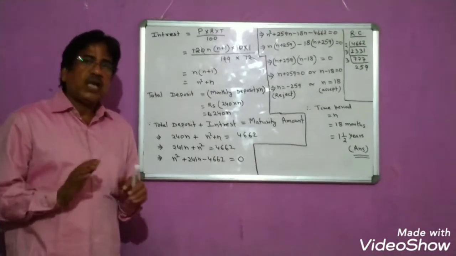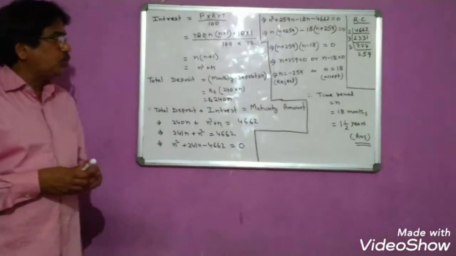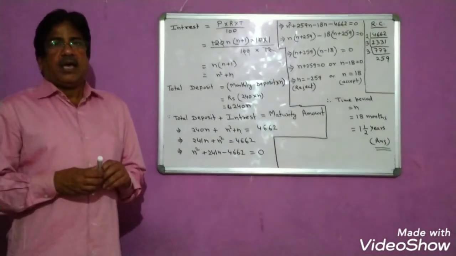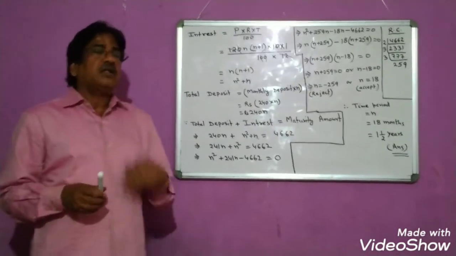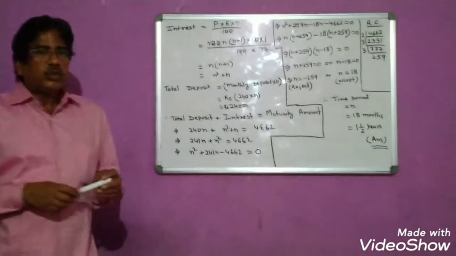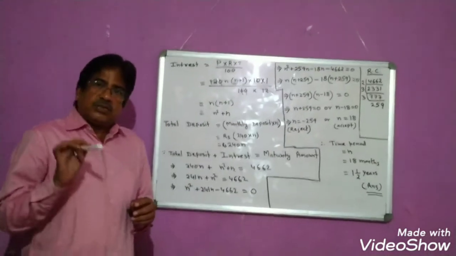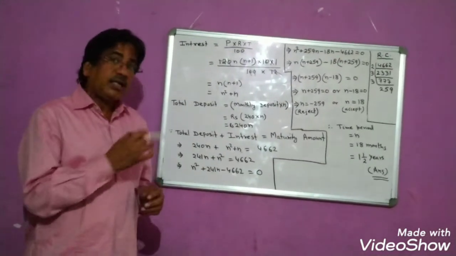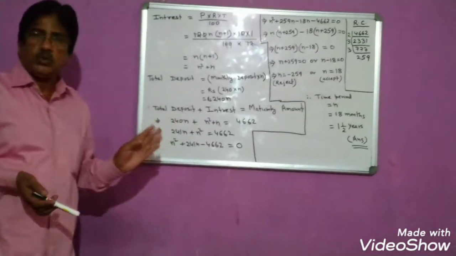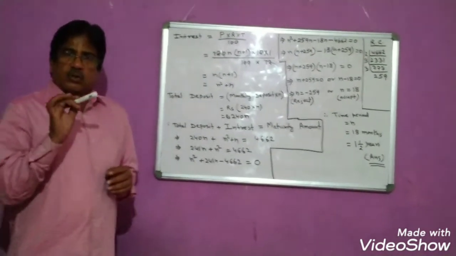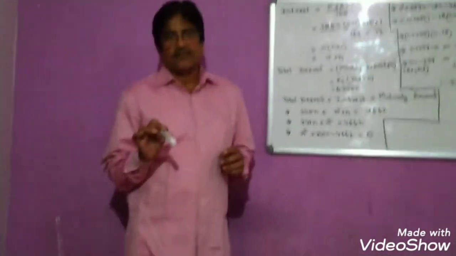So these are the only 4 types of questions in this recurring deposit account chapter, and I hope you all must have understood. For better understanding, what you have to do is open the exercise of your book and try to solve the questions. Already I have discussed the steps in all the 4 types of questions. The same 4 steps are used. So just go through the steps properly, thoroughly, and work out the questions from your exercise.